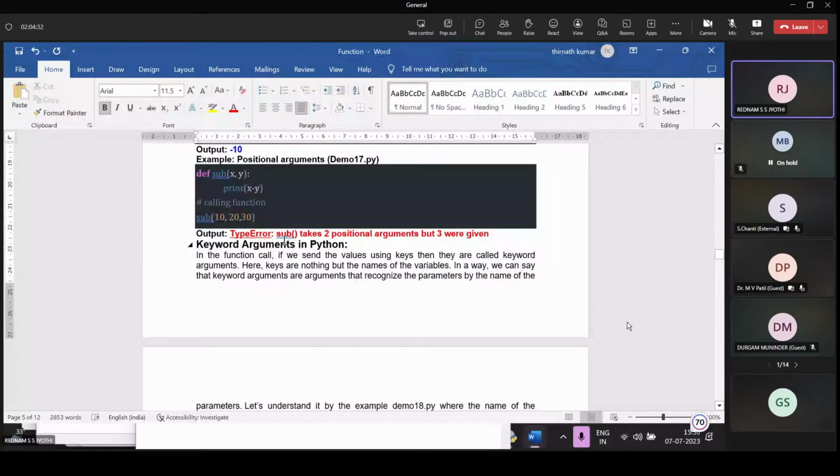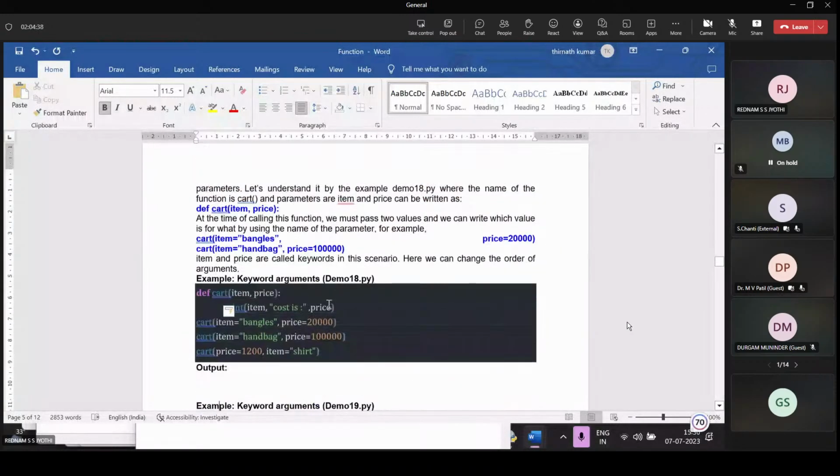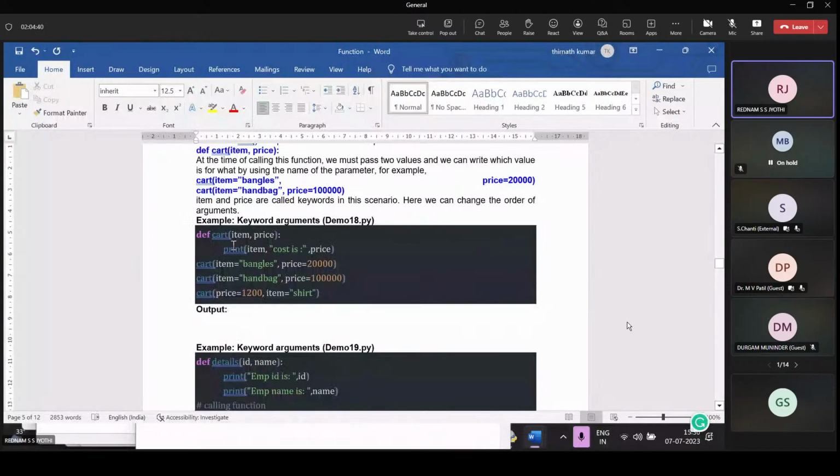Okay, keyword arguments in Python. Here is an example: def cart(item, price). The cart function takes 2 parameters, item and price. At the time of calling, I want to assign key along with value, so that is called keyword arguments.